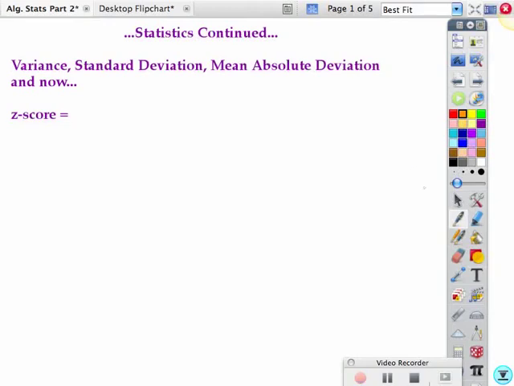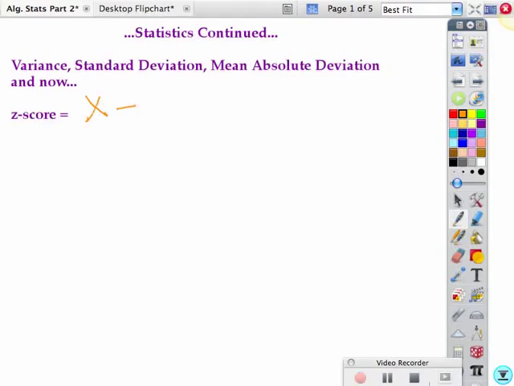In our last video, we talked about variance, standard deviation, and mean absolute deviation. So today we're going to talk about z-score, which is related. It has to do with the standard deviation. You use it, but what it does is tell you how far a specific number is from the mean. Before I show you a picture of what that looks like, we'll go through our